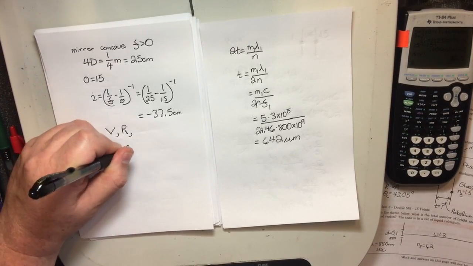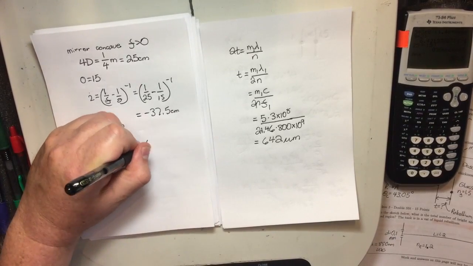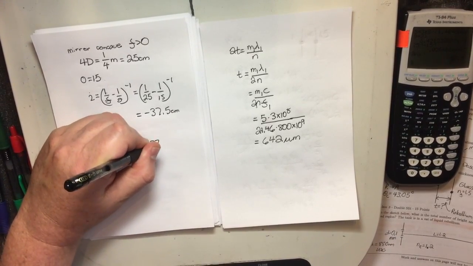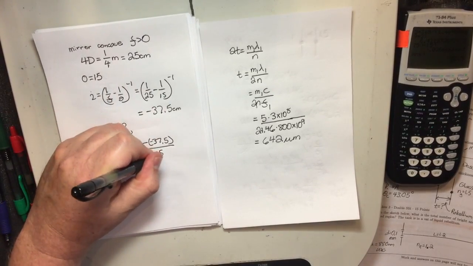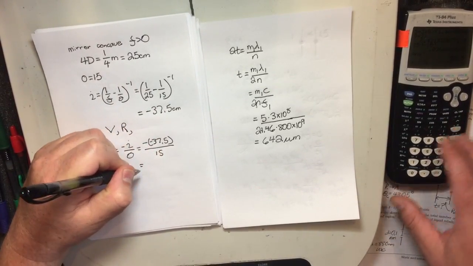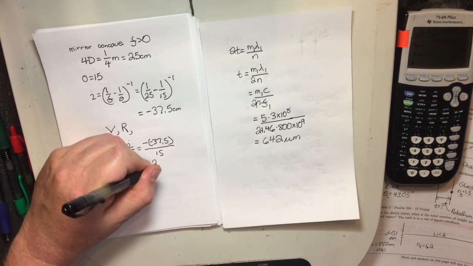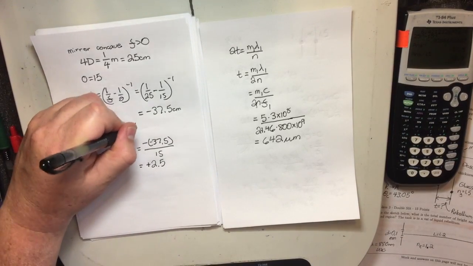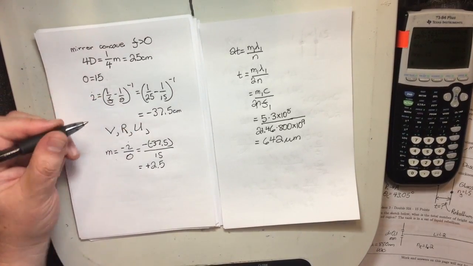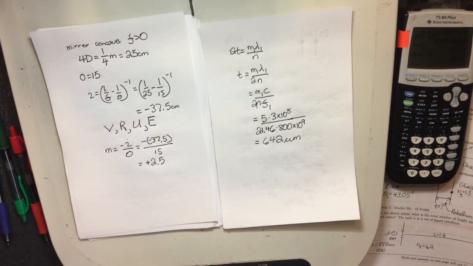Magnification is negative I over O. So this is negative of a negative 37.5 over the object distance, which is 15. Which means this is positive 2.5. Positive implies that it's upright. Magnitude greater than 1 means that it is enlarged. We won't bother with the